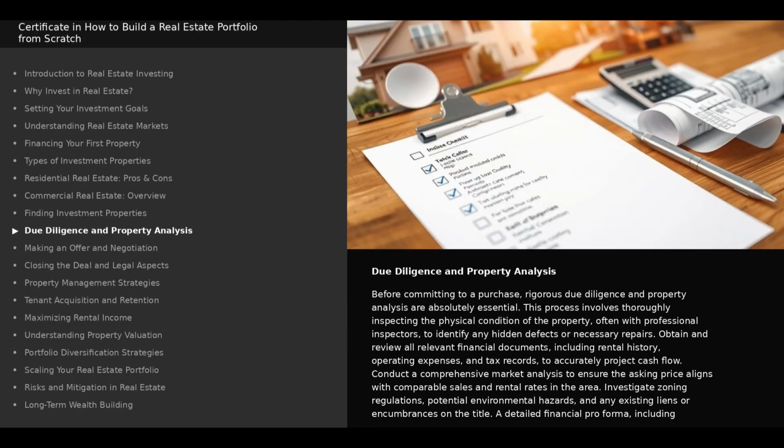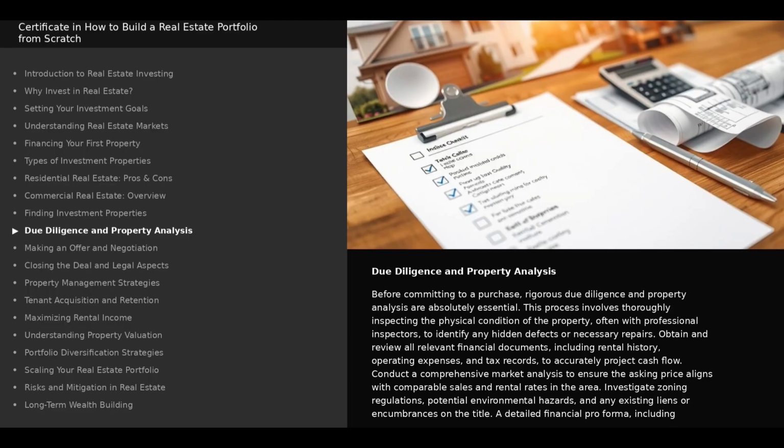Due diligence and property analysis. Before committing to a purchase, rigorous due diligence and property analysis are absolutely essential. This process involves thoroughly inspecting the physical condition of the property, often with professional inspectors, to identify any hidden defects or necessary repairs. Obtain and review all relevant financial documents, including rental history, operating expenses, and tax records, to accurately